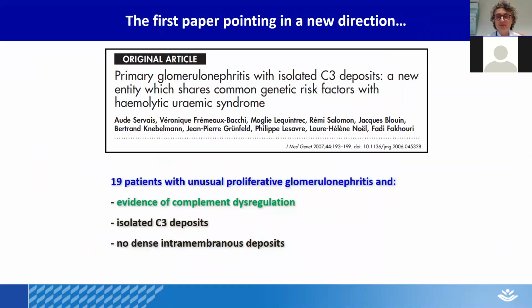So the first paper that pointed in a new direction was this paper that came out in 2007. And what was revolutionary about this paper, which was published by a French group, is that they showed 19 patients that had a proliferative glomerular nephritis that was not an MPGN, in which there was evidence of complement dysregulation, the exact same types of dysregulations that had been historically always associated with DDD, but these patients did not have the dense intramembranous deposits. They had isolated C3 deposits, but the position of these deposits was different from what was typically